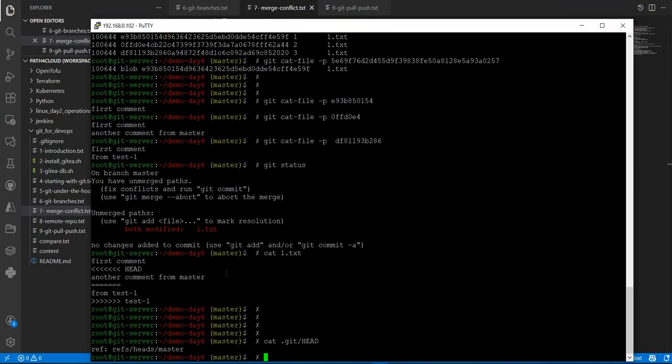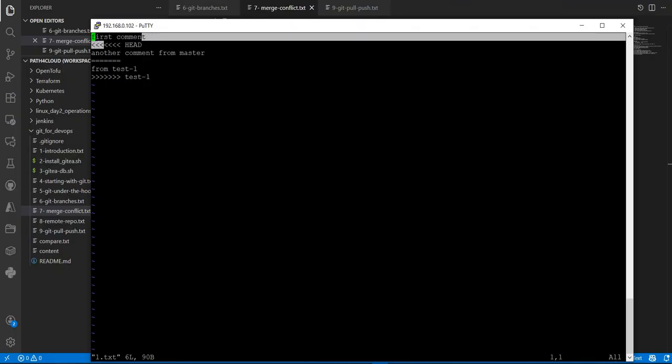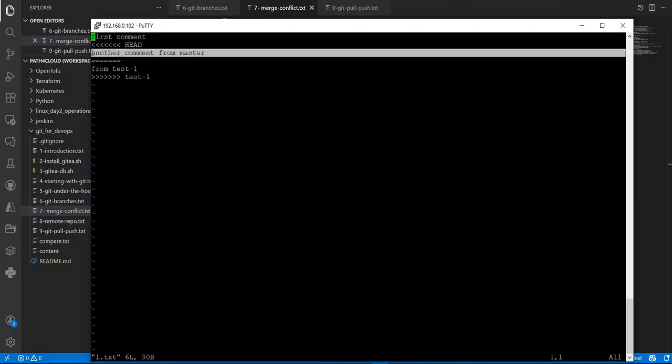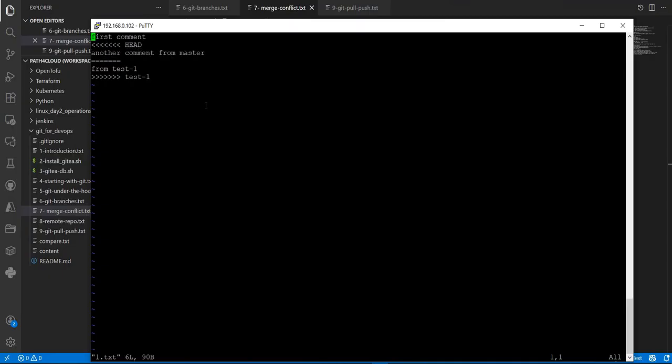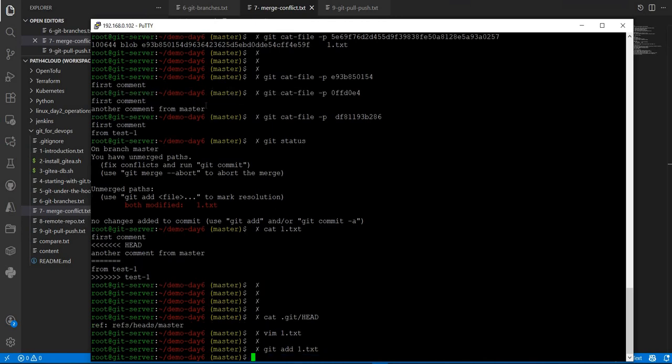Now if we need to figure out in the terminal which one to keep, we can use any of the editors. I am going to use the Vim editor. Let's say I want to keep this and I want to keep this. So I will remove this, and remove this. Clear? Now if I add this one.txt and run git status,